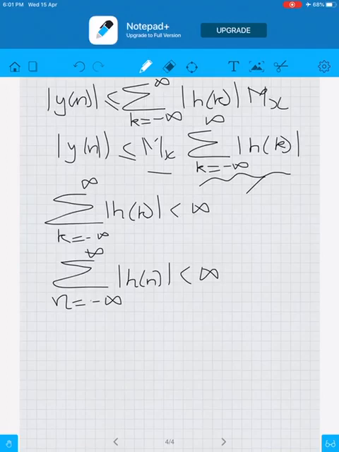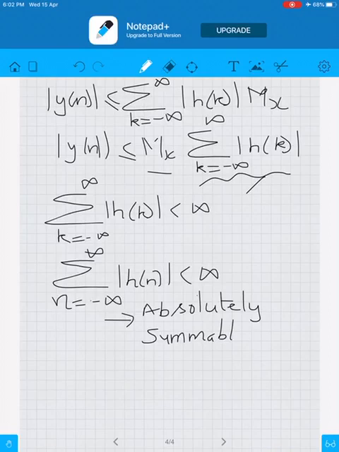That is, a bounded input is giving a bounded output, provided the impulse response of the system is absolutely summable. It should be absolutely summable. That means, if I add all the terms, that is h of 0, h of 1, h of 2 and so on, or h of minus 1, h of minus 2, whatever it is, all those terms, if I add, it should give me a finite quantity. That is why when it is absolutely summable, then an LTI system is said to be